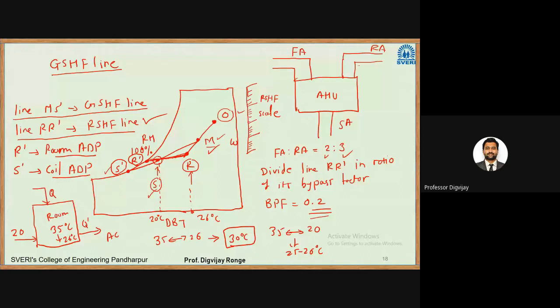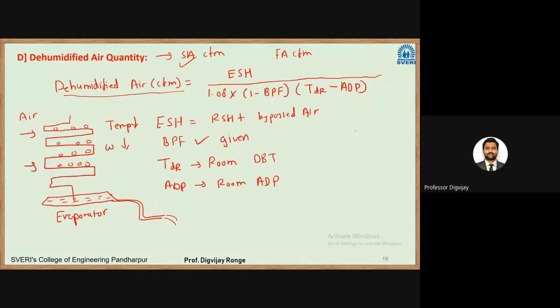right? So in numericals, we'll face such diagrams. So this is an AHU, air handling unit. In this, fresh air comes, then comes the return air. Generally that ratio falls like 40% of fresh air and 60% of return air, and in the AHU mixing takes place and we have a supply air. Okay, so these examples will be there. There is a mixing, then there is a cooling, then there will be a room involved.